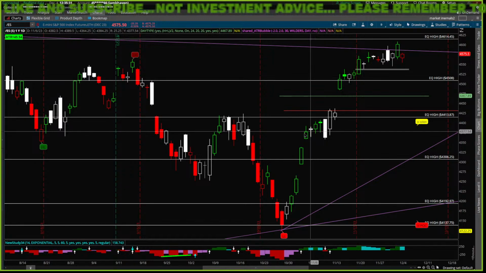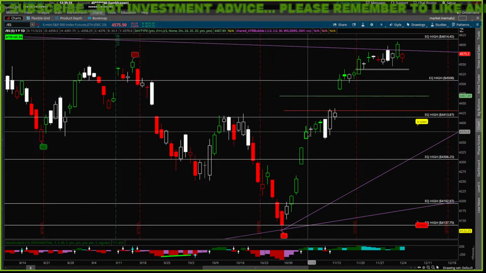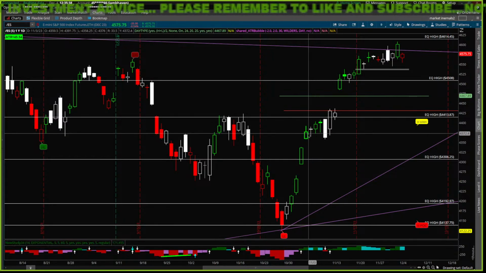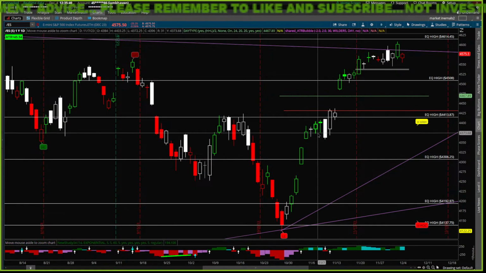Right? This day here, so we get a +4 day. We're looking to get long above the previous day's settle, and we know we want to be cautious with these shorts. So a day like this